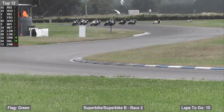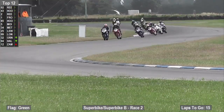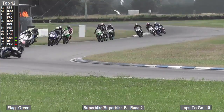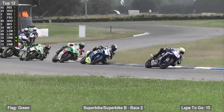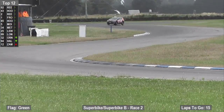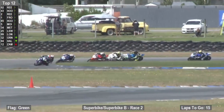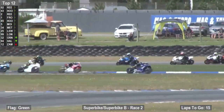Have to have a look. It looks to be one of the blue bikes in there, so we'll have to have a look. Definitely heading into the Icon corner. I think it might be young Daniel Medham, but already Damon Rees under brakes into the Euromark left-hander, not quite close enough, so I think it might be the Daniel Medham show out in front at the moment